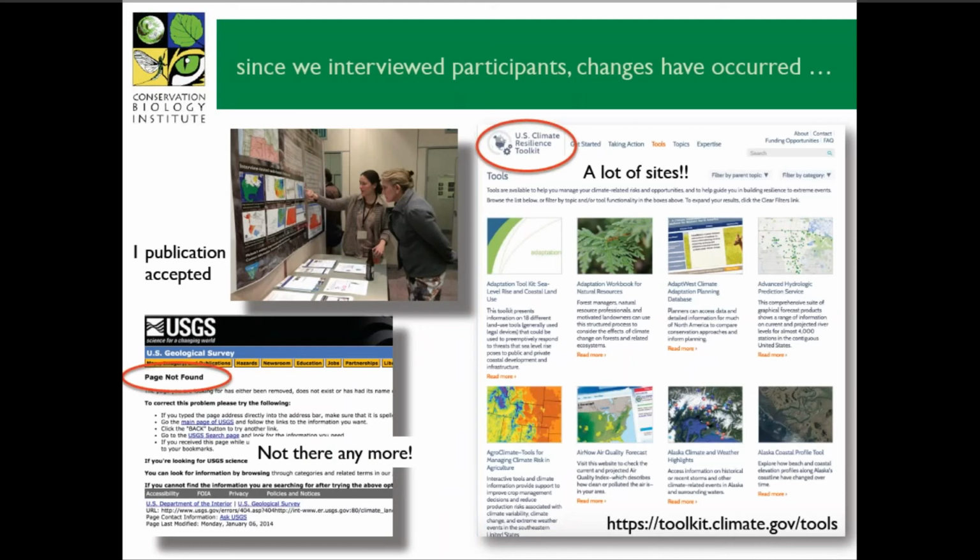Since we interviewed the participants, we've seen some changes. NOAA has put together the U.S. Climate Resilience Toolkit. It's a fabulous source of information, lots of websites available. But again, it's like a big basket full of things, and if you have a lot of time on your hands one evening and you want to spend several hours checking all these websites, it's fabulous, but it's a lot of information. The USGS site that we were showing during our interview has changed address, so it's not there anymore,